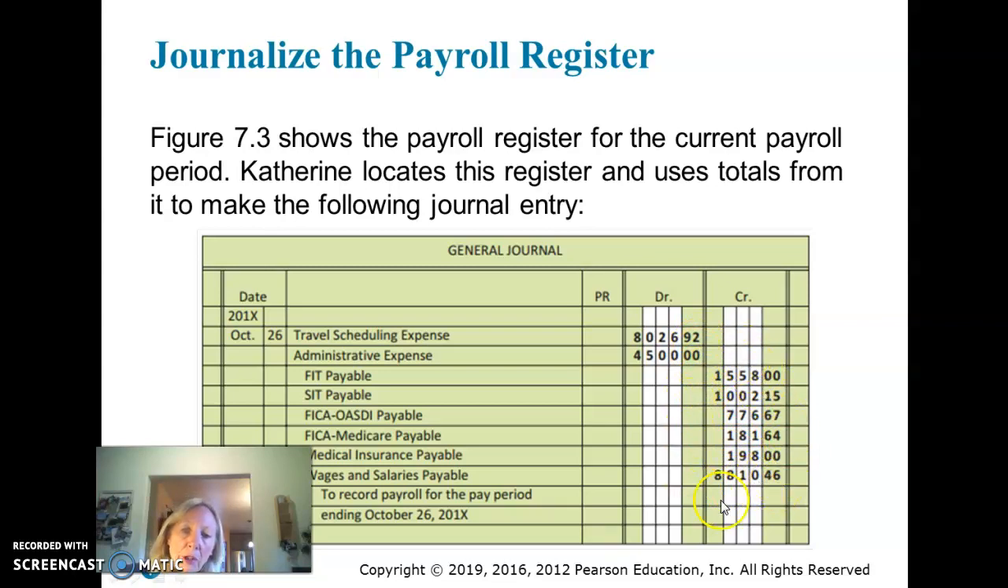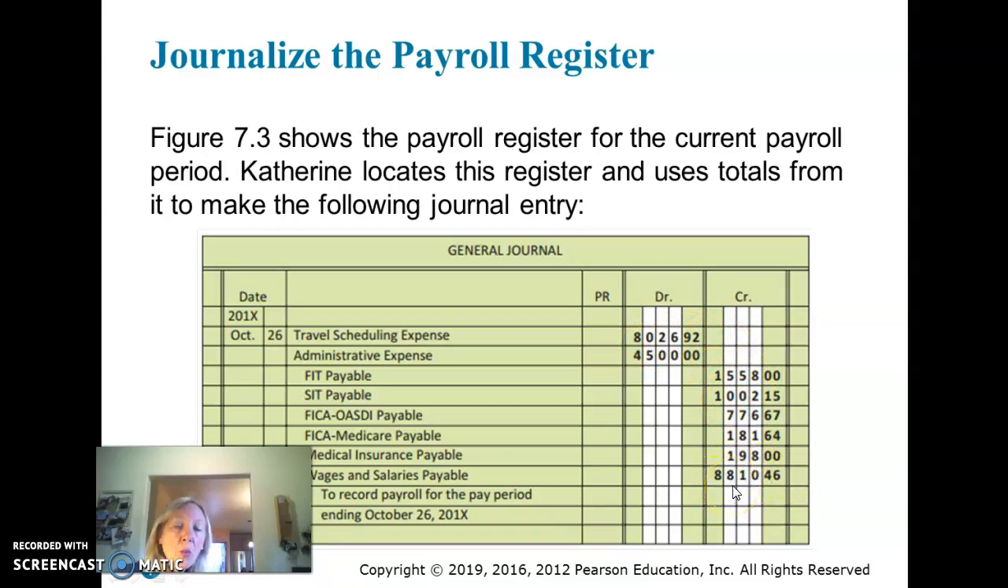So all of these are credits. If you add these together, they will equal $12,526.92. I guarantee it. I'm positive. So these are all credits that sum up to the total of the debits. This is your gross pay, salaries and wage expense, less all these accounts payable and our salaries payable that we